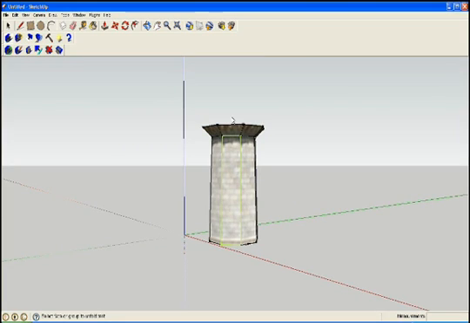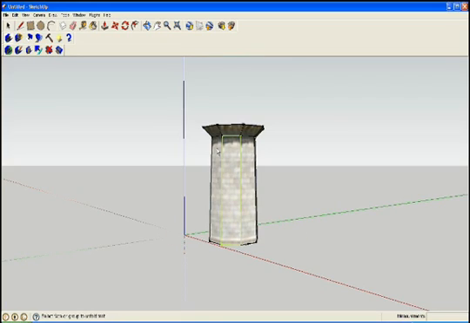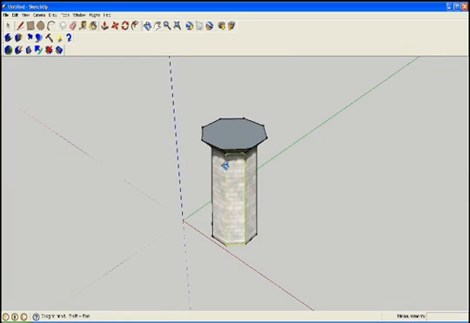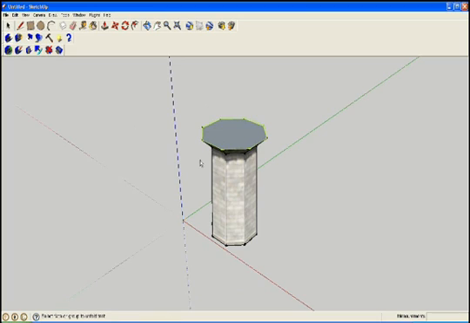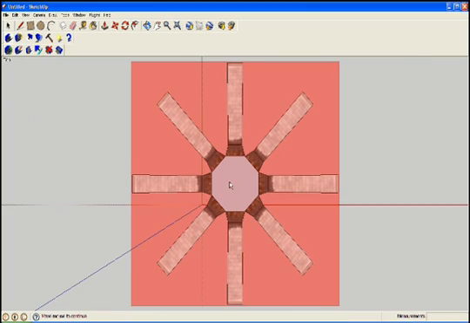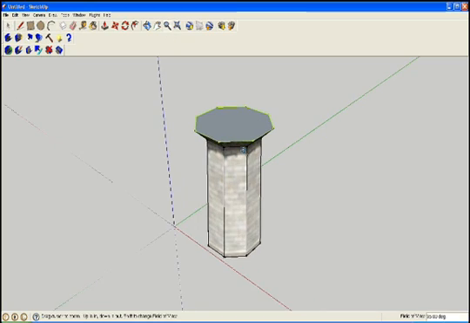So when you see that, you basically either want to make the object simpler in some way, or now that we have these new functions available, you can go in and make things that traditionally would not be unfoldable, and you can make them unfoldable in a matter of minutes or even less. So in the case of this piece, it's as simple as assigning this face as the base, and right away it's unfoldable. But now we also want to make it a little better, so it's not such an ugly unfold. So the way we can do that